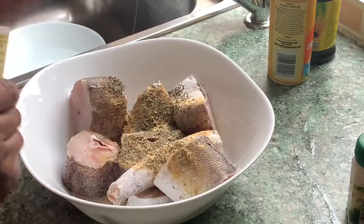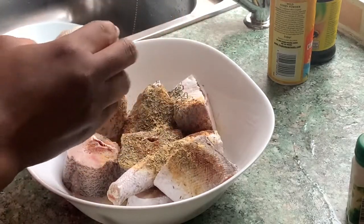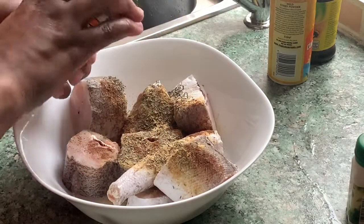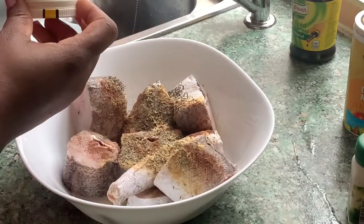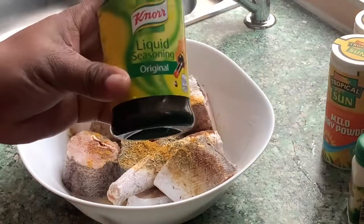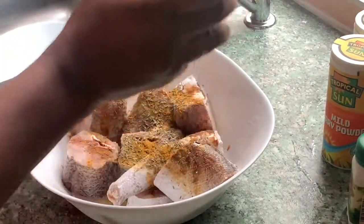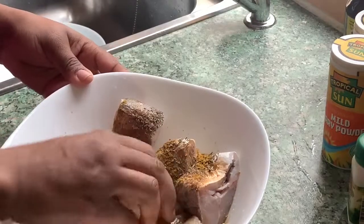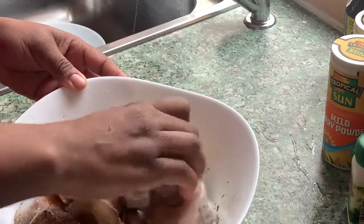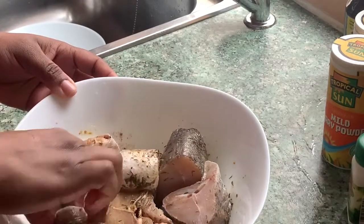So once I mix this, I'm going to now get a foil. I'm going to get a transparent foil and just cover it and put it in my fridge to marinate for at least 10 minutes. Guys, I forgot to say I also sprinkled some salt. Salt is very important to make it tasty. So once I marinate this, I'm going to go ahead and